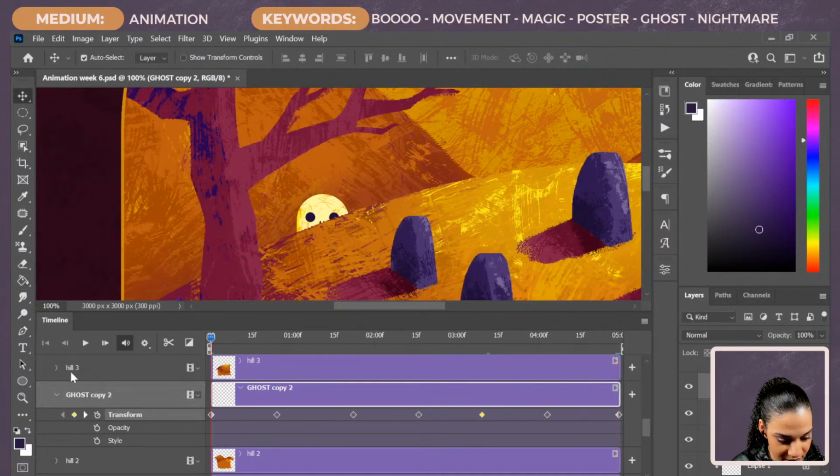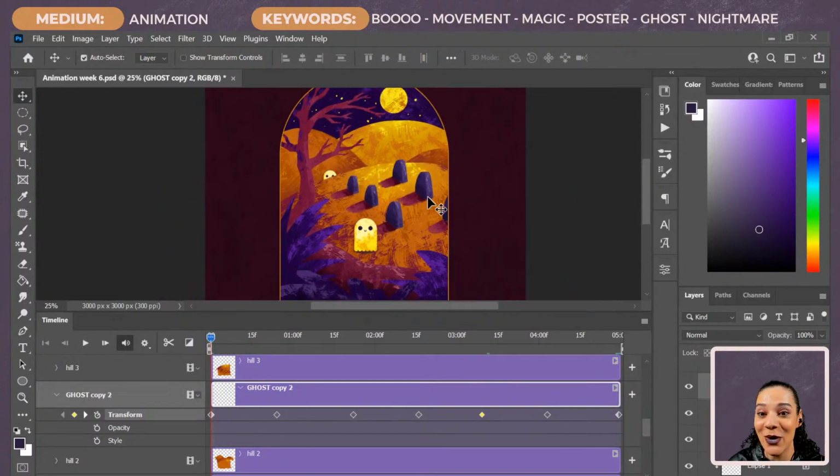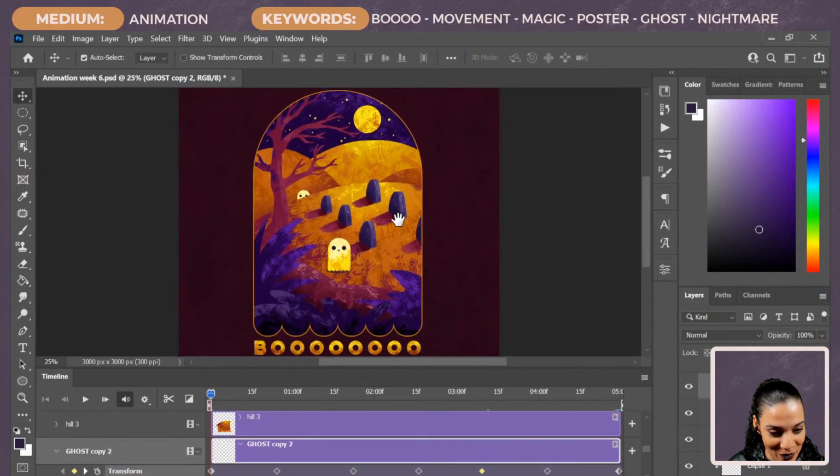Okay, let's test it out. Let's see. These are so cute. Okay, I'm gonna bump this even farther down here just so we can see the whole thing. We've got about 10 minutes so we can add a third ghost towards the end too. Okay, let's hit play. It's got to render a little bit, so it's gonna be a little stuttery, but you can see he moves more than the other one. He's a little bit faster.